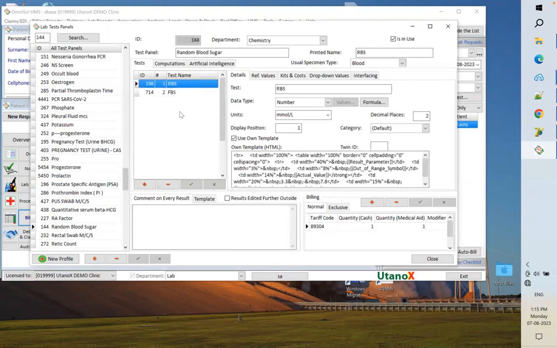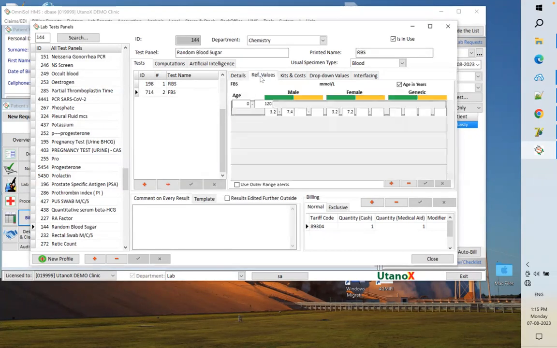You can just keep adding parameters. And each time, you define for each parameter the test data type, in other words, whether it's text, a number, or a drop-down select, like positive and negative. Or it's a formula result, which the system calculates automatically. And then you also indicate the reference values